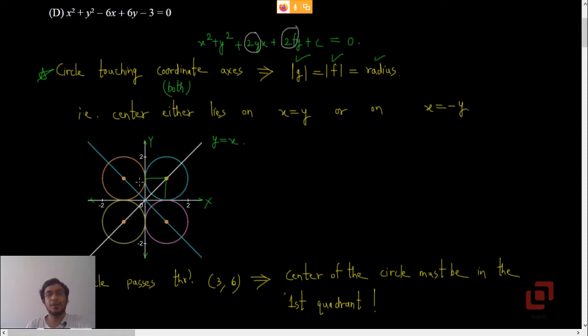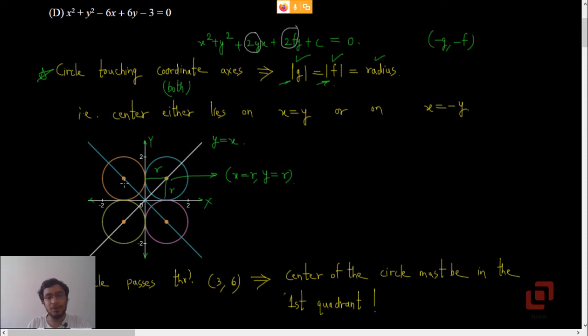Correct? Because length of perpendicular drawn from the center of the circle on the tangent should be equal to the radius. Yes, this is what you learned in the school. Okay, so if this is equal to r and this is equal to r, what are the coordinates of the center of this circle? X comma y. So clearly x equals r and y also equals r. Now how do we find out the coordinates of the center of the circle? From its general equation, minus g comma minus f, and that is why I have taken modulus.